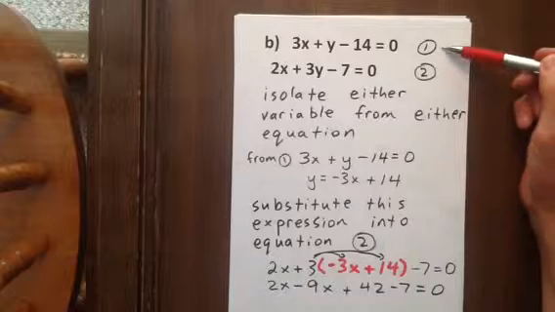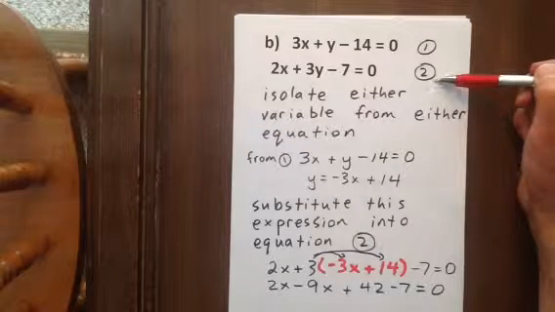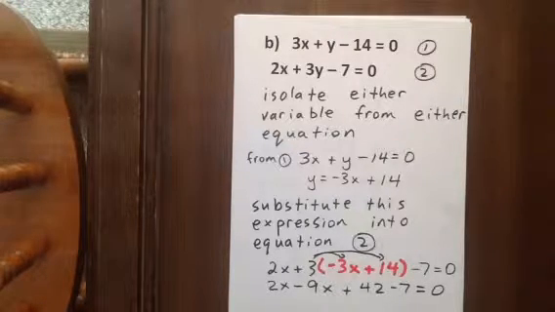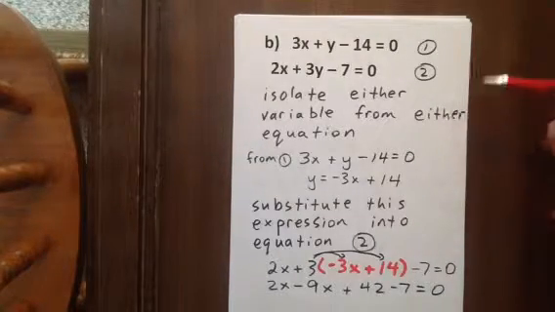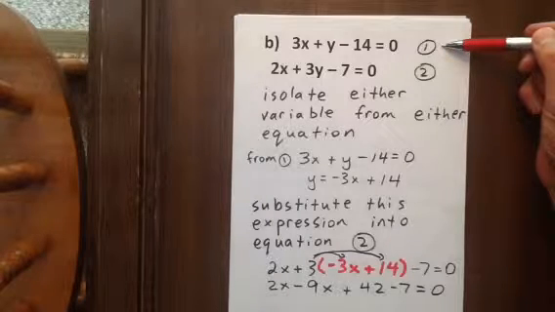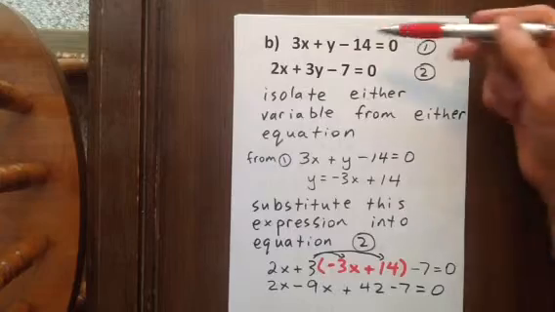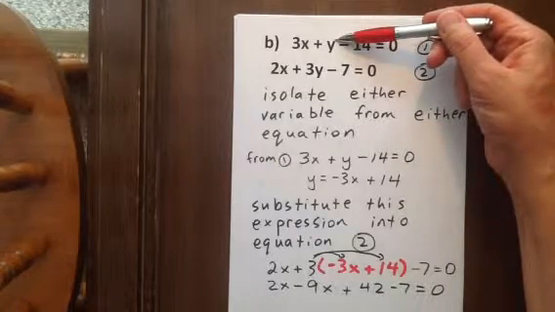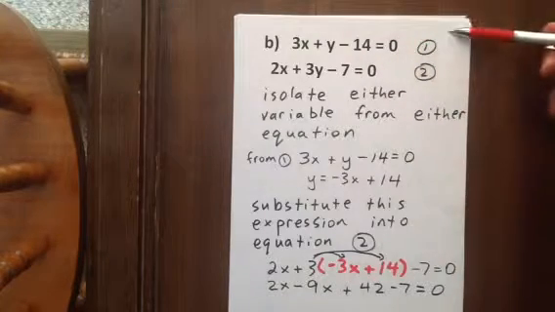Okay, our next system of equations is equation 1 being 3x plus y minus 14 equals 0, and our second equation being 2x plus 3y minus 7 equals 0. Well, we're going to isolate either variable from either equation. We see here that we can rearrange 1 fairly easily to isolate the variable y. So isolating y in equation 1 gives us y equaling negative 3x plus 14,